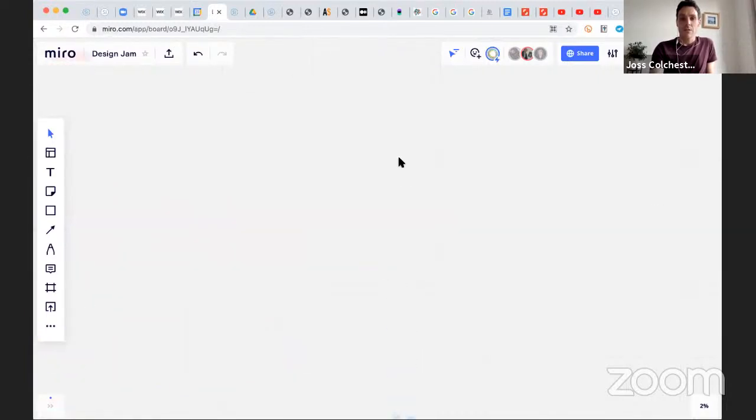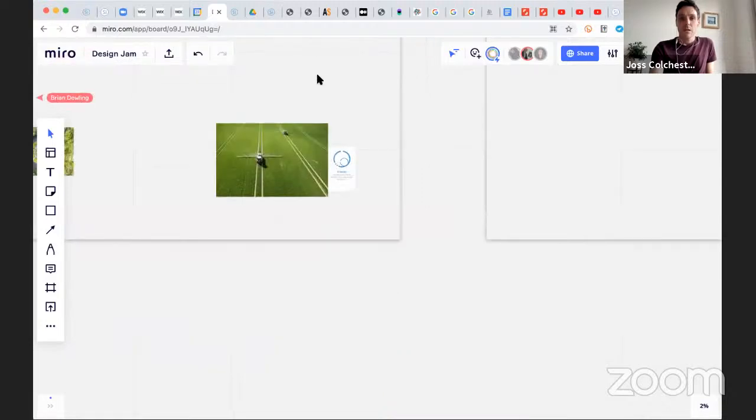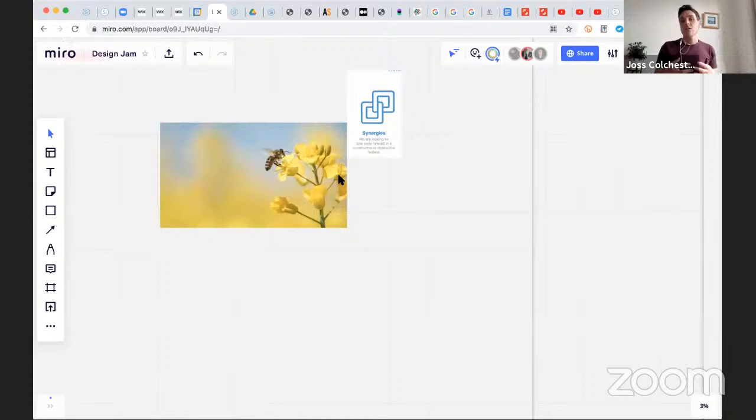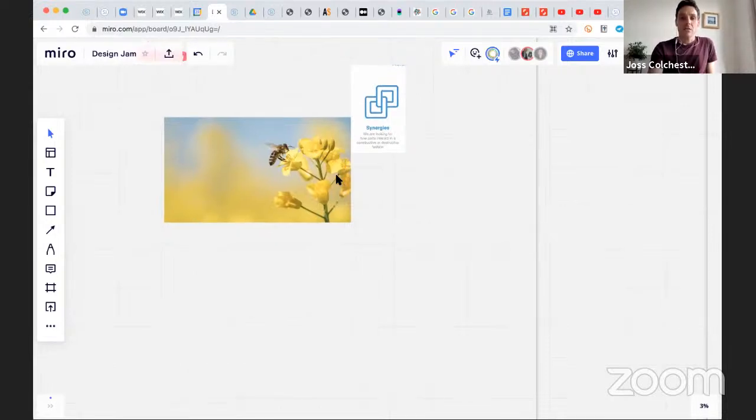So yeah, that's an example of a synergy, right? The bee and the flower there, that's a positive synergy. We can also have negative synergies. Going back to the transport example, if you have a big motorway outside your house, it's going to create a lot of noise pollution, and that's a destructive relationship between you and that transport system. A negative synergy, we call it.